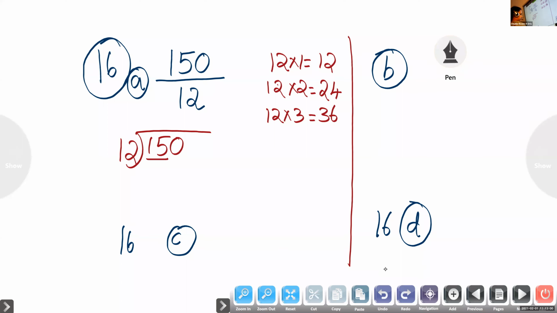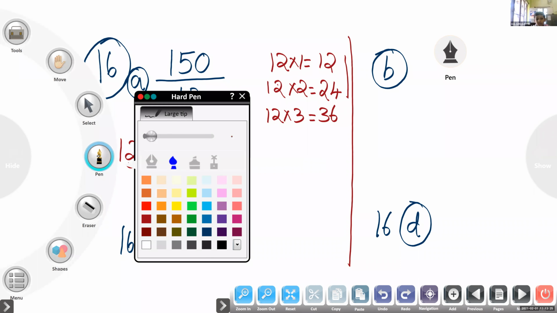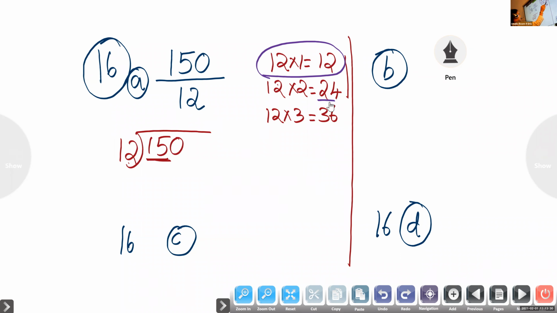So look here, 15 and... Please mute your audio. Algan, look at the board. And see which one we can take here. Here we have 15, which is greater than 12. So we can divide. So look here, 12 and 24. Which one can we take? Here we have only 15. 12. Very good. Why? Because this 12 only we can take. 24 is greater than 15, so we cannot take it. So 12 times 1, 12.